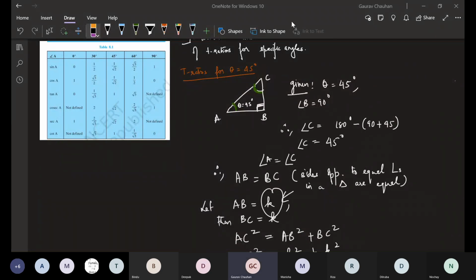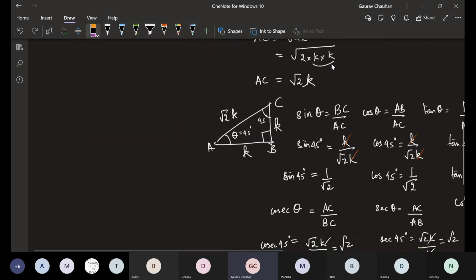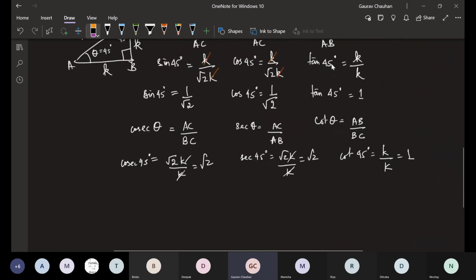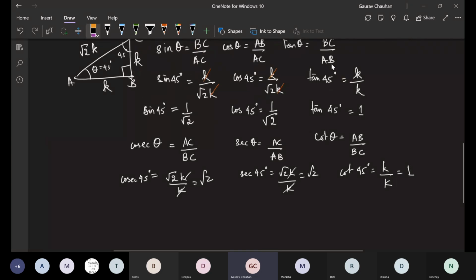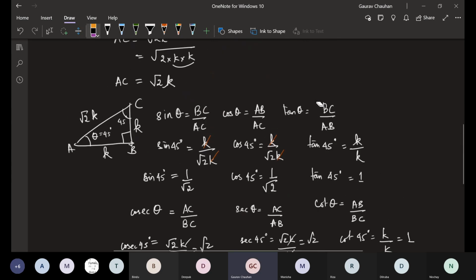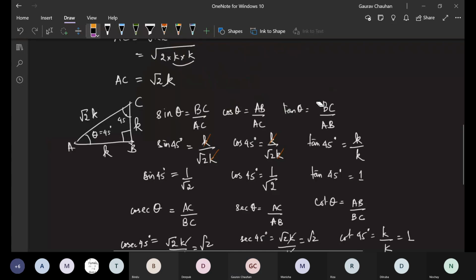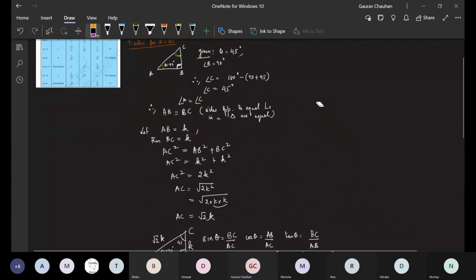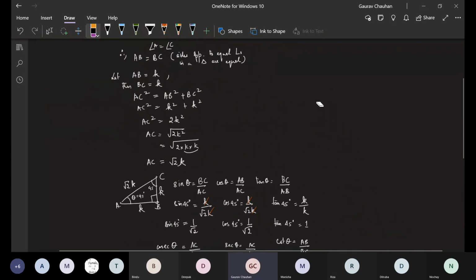Okay. Now, after I found everything in terms of k, every side in terms of k, I went on to take the trigonometric ratio, and I found that these numbers which were coming are the same numbers that we had when we first wrote down the table. Okay, that table basically we have derived these numbers. We good with this? Okay. I'll give time at the end to copy.